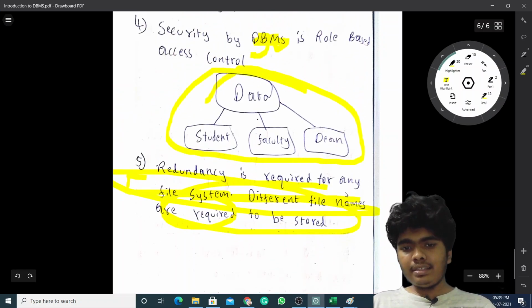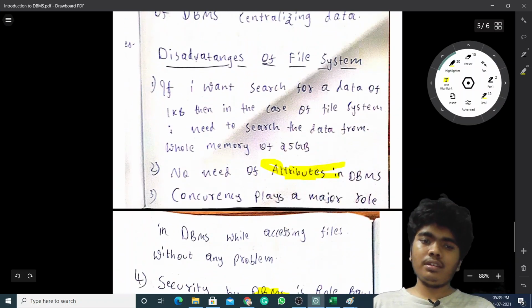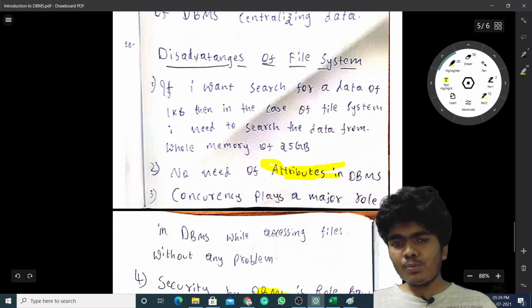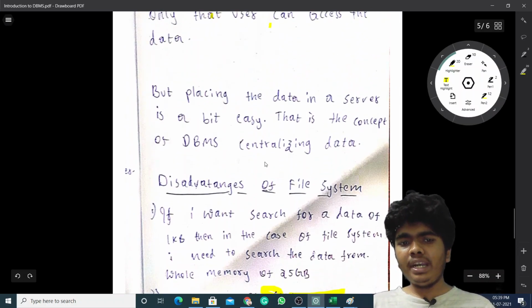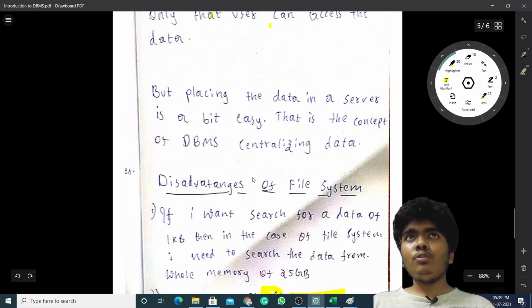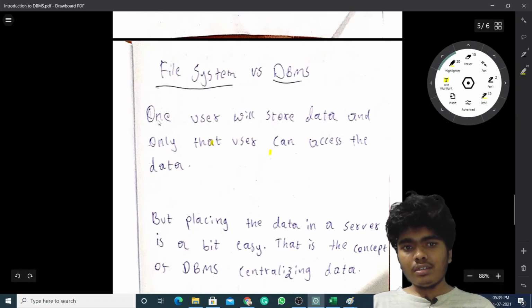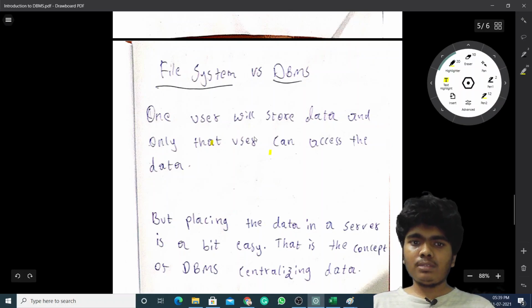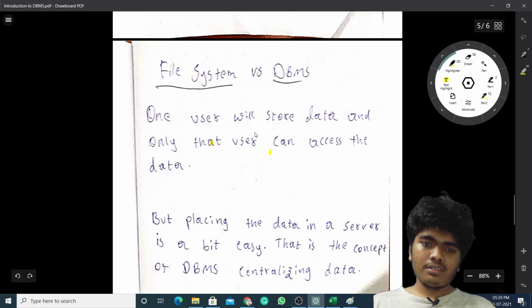There may not be so many differences, but a DBMS makes the user not suffer much, while the file system has only one user control. This is the major difference between a file system and a DBMS.